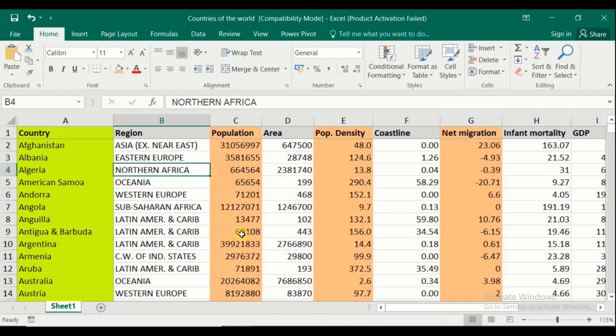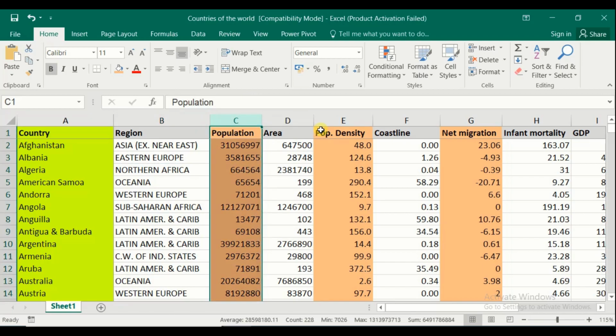Now I have added coloring to 3 columns. That means these 3 colored columns have not been saved at my end, right? I am closing this file without saving the data.